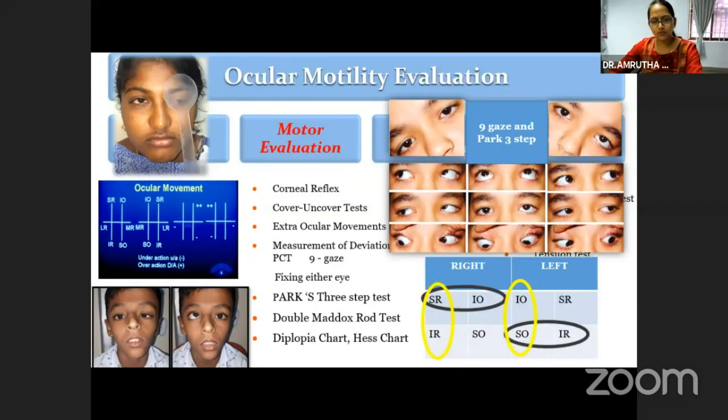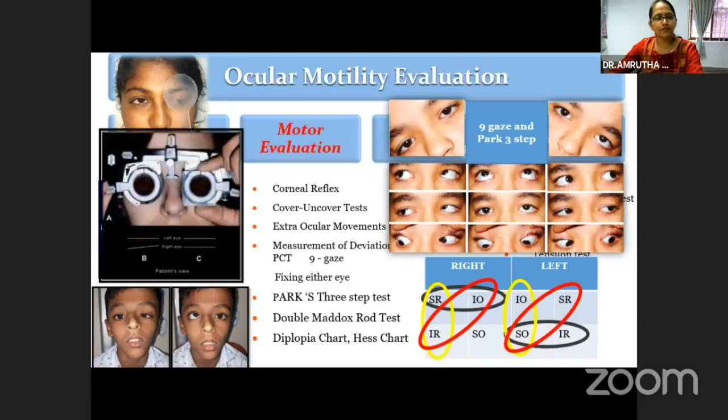Based on which gaze the deviation is increasing, which head tilt it is increasing, and which eye is hypertropic, one will be able to localize most of the time whether it is a typical oblique or a typical vertical recti presenting as a mononuclear. Double Maddox rod often helps us in patients who very clearly mention that they have a tilt.